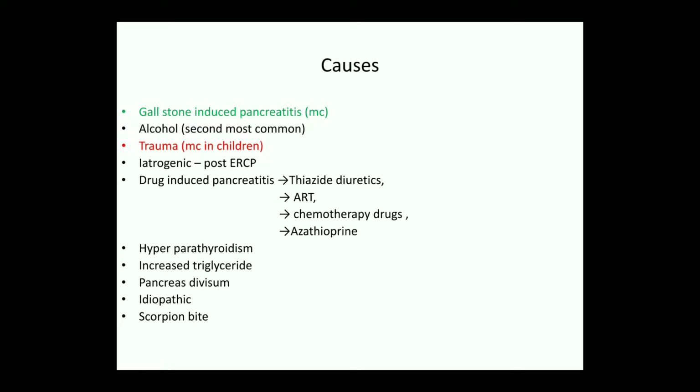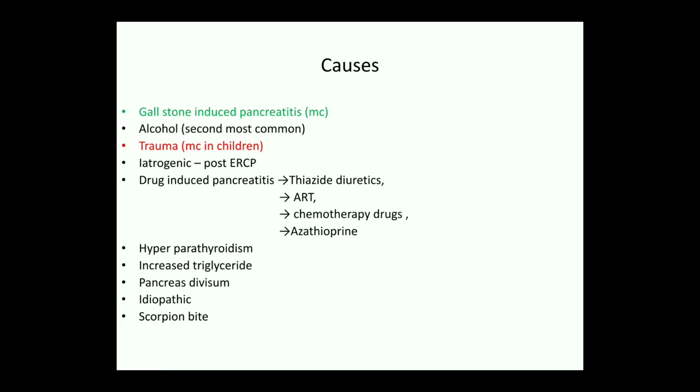The most common cause of acute pancreatitis is gallstone induced pancreatitis, and alcohol is the second most common cause, and the most common cause in children is trauma of the pancreas. And there can be iatrogenic causes, like post ERCP, which can cause pancreatitis, and also drug induced pancreatitis,